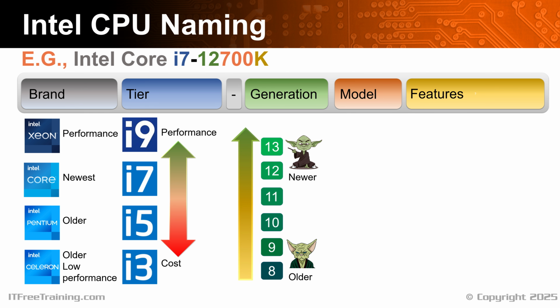As time goes on, Intel often makes major changes to the way CPUs work. These changes are grouped together into a generation. The lower generation numbers are older and the higher are newer. Normally, newer generations will perform better, but unfortunately, which is often the case with computers, it's not always that simple.